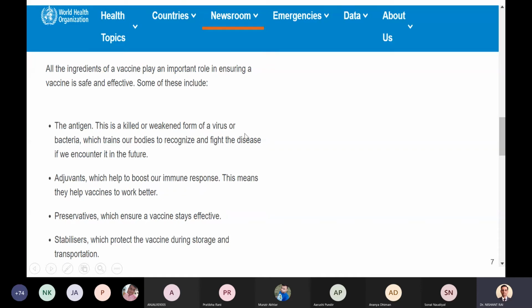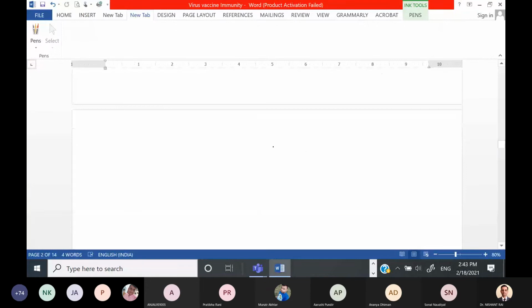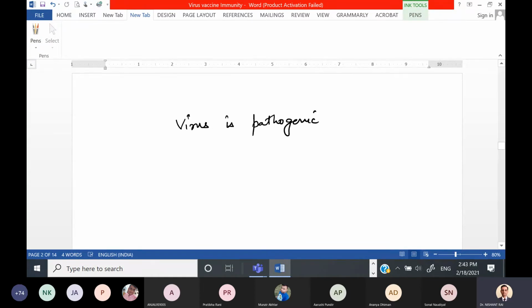talking about the vaccines. Now the idea is, the virus is pathogenic. It has an ability to cause disease. Let us suppose, if I know about the details of this virus, I can understand that this virus has some part which is immunogenic in nature. Means